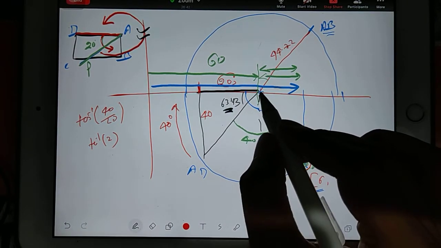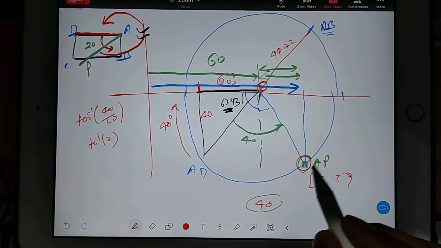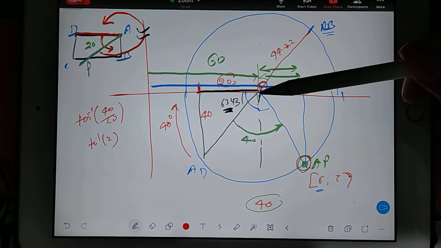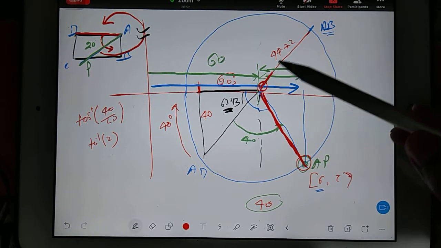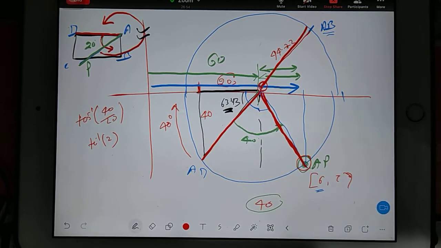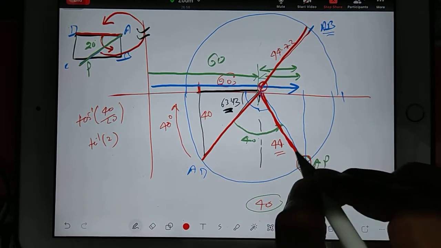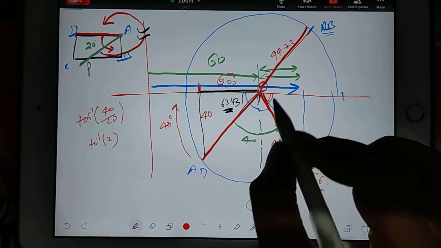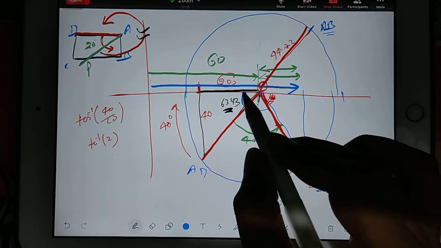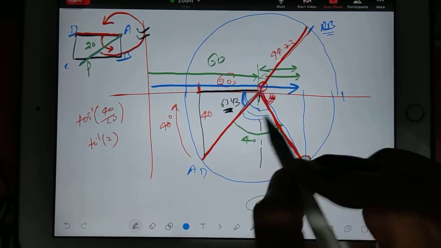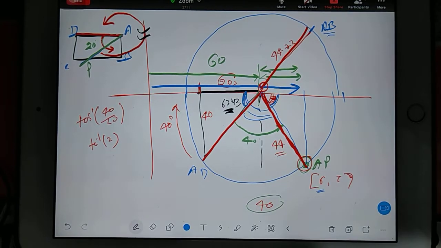Easily you can find out that length, but how? See, if I say this is O, so you know OP, I'm trying to say this line. This line is nothing but the radius. This is also radius. This is also radius. So that line is radius. So the radius length we already know, 44 point something. Okay. And can we find out this angle? Of course we can find out that angle. How can you find out that angle? This is 63.43 and this is 40. So subtract both from 180, you will be getting this angle. Give me that angle.